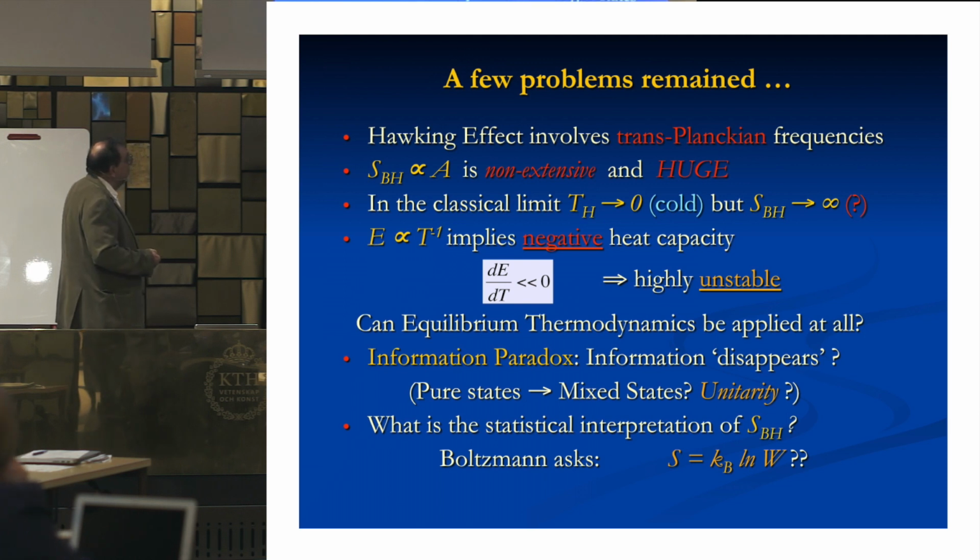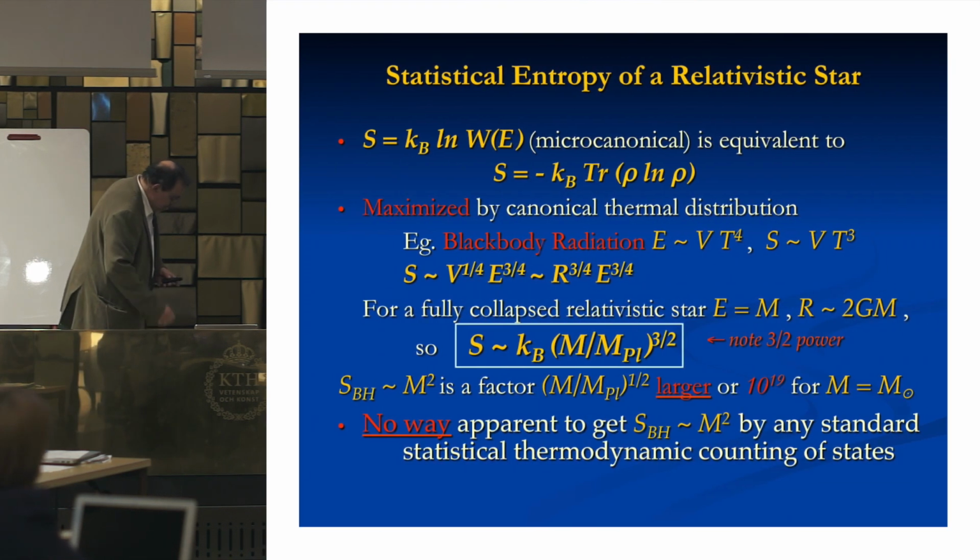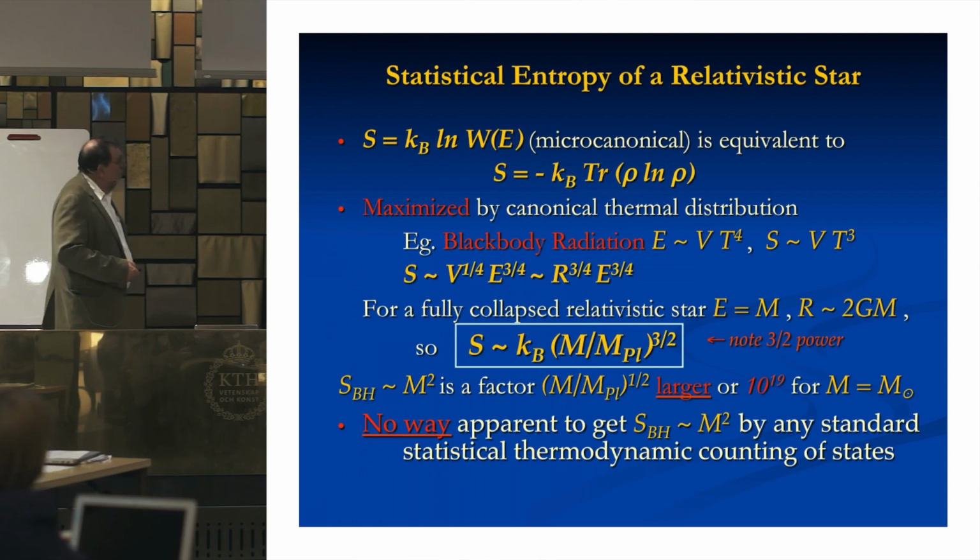I think after all these years, we've had a lot of suggestions, but I would say, to my mind anyway, no definitive answer. So let me just do a very simple-minded argument. Again, this is very simple, just to try to keep things at a very basic level to start with. If I try to estimate the entropy of a self-gravitating system, either in the microcanonical or the canonical ensemble, it doesn't make any difference for a large enough system, then the simplest thing to think about is something like